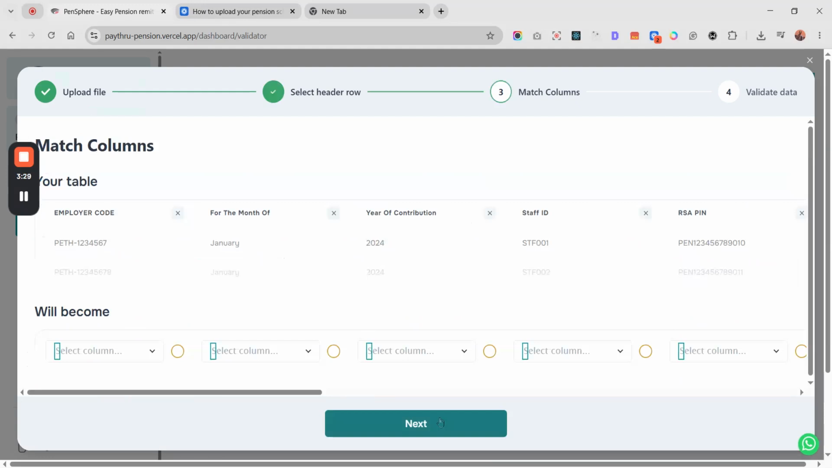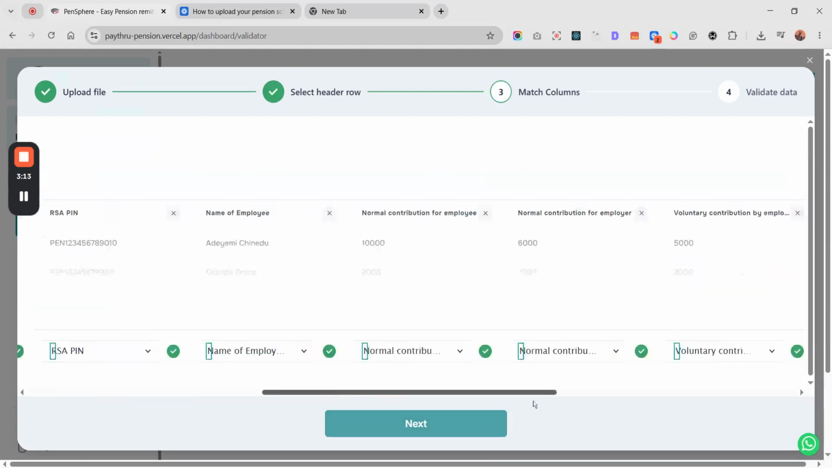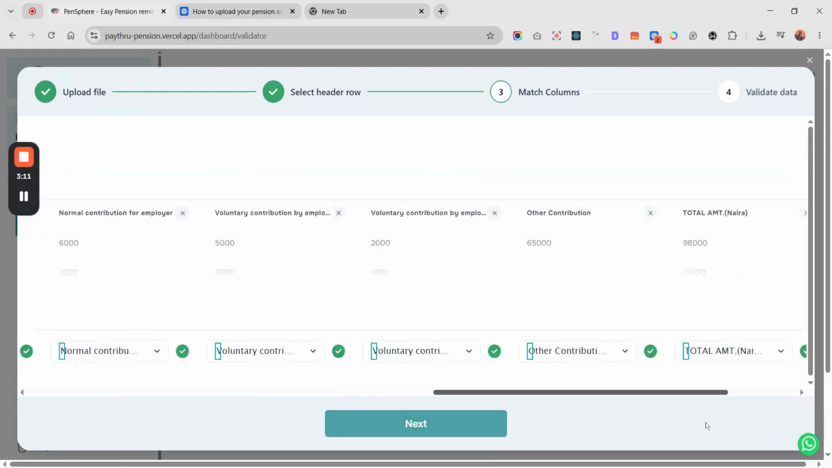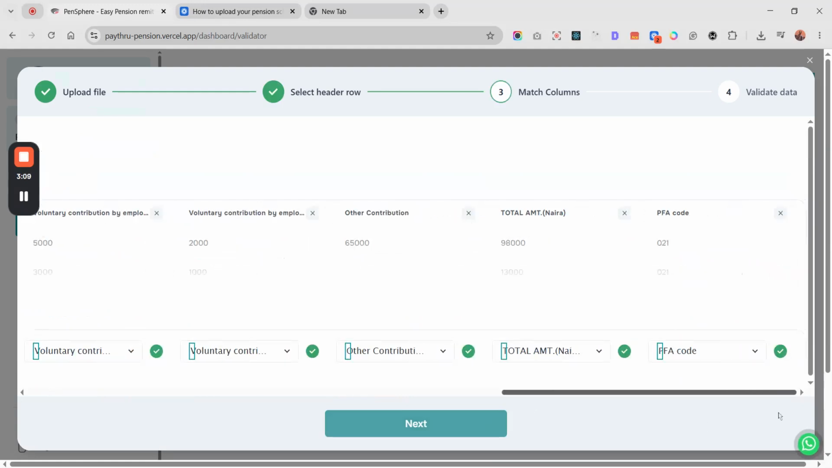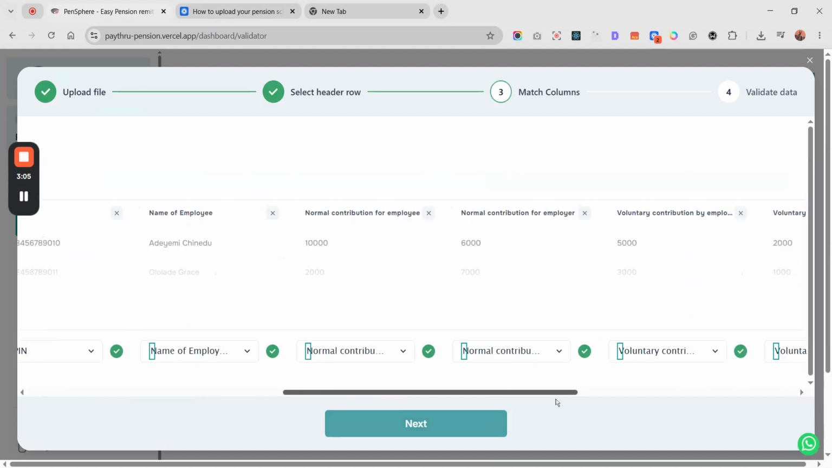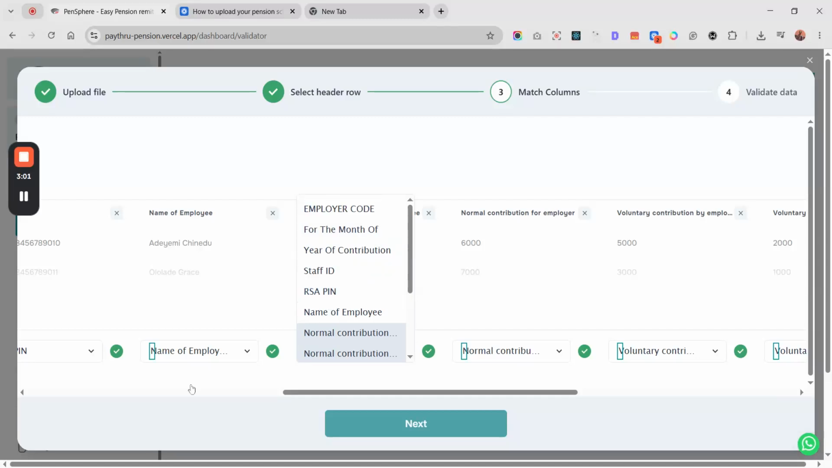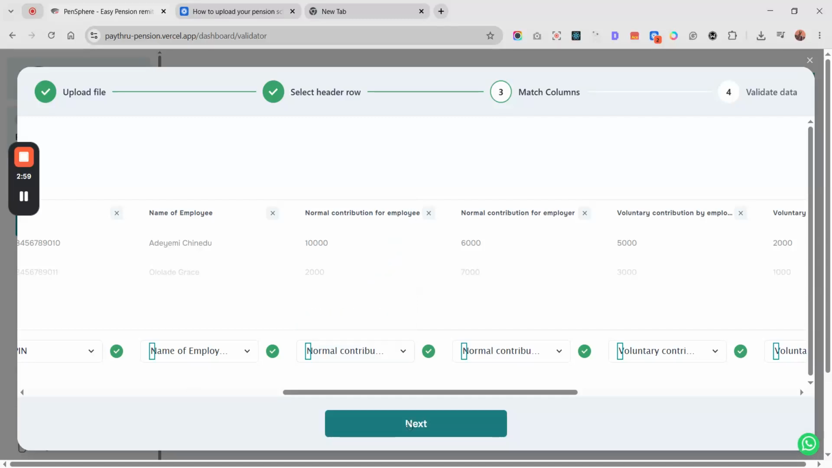Next, you have to match the columns to fit the appropriate data. Here we have employer code, which matches employer code, and the data under it also matches. The month matches, year matches. You can check the rest. If you use the template well, everything should be matched automatically. But if for some reason they are not matched automatically, you can select and match them manually. And then you click on next